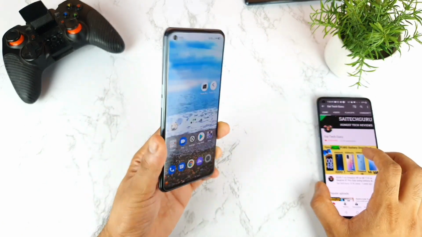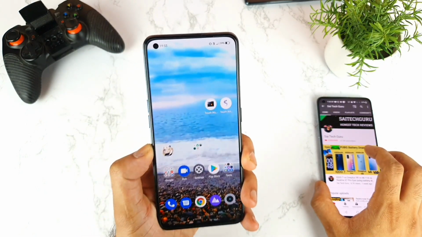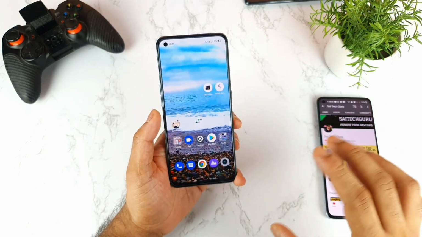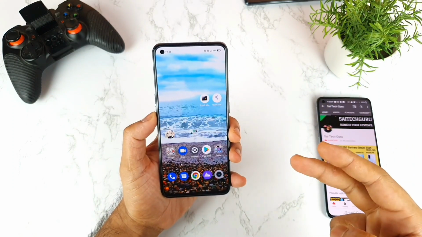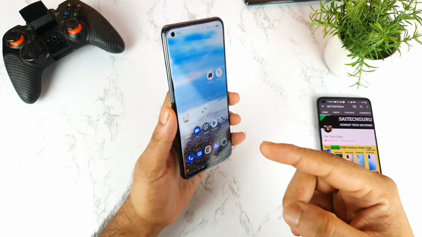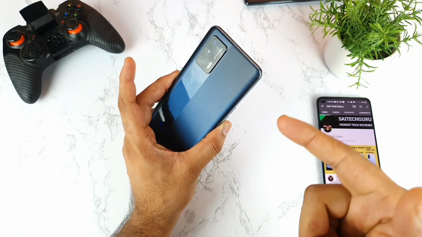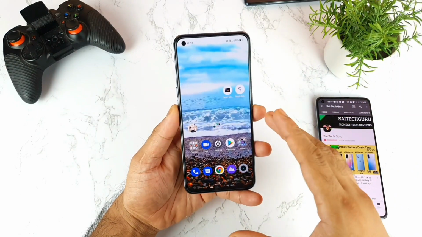In case I find any green tint issues in this phone, I'll post a video on the same day as soon as I recognize it. In my testing, I did not find any green tint issues, so it's good to go. Two things are perfectly all right. One is the connectivity: there is no problem with the Wi-Fi, no problem with 4G. That's perfectly all right. And second, there is no problem with the green tint as well. These two certifications I can give the phone right now.